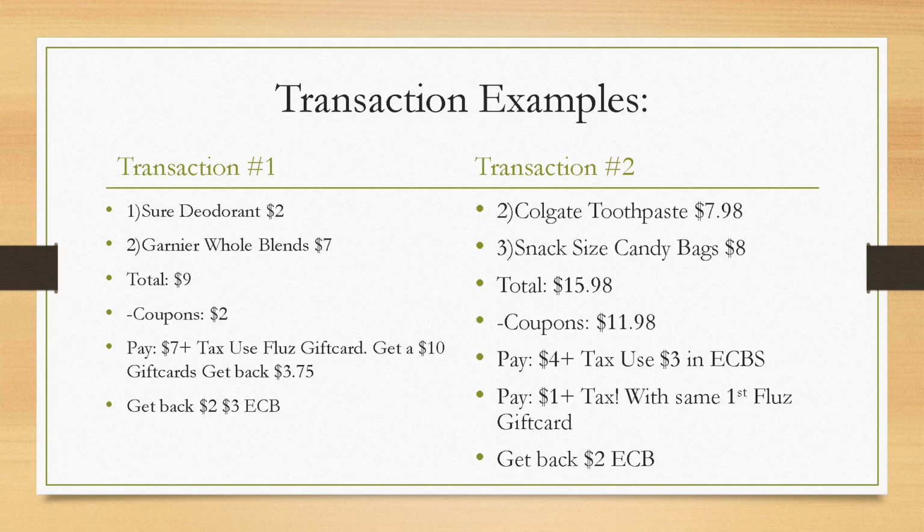Second transaction, you're going to give them the Colgate toothpaste and the 3 bags of candy. Coupons, we have $11.98 of coupons. So you would pay $4 plus taxes out of pocket. But I would only give them the $3 extra buck. If you give them all $5 in extra bucks, you're losing that additional $1. You're not going to get that back. So I would give them the $3 extra buck, pay $1 plus taxes with the same Fluz gift card